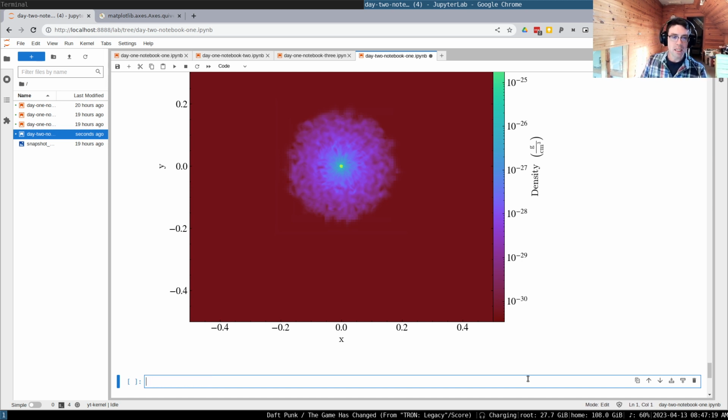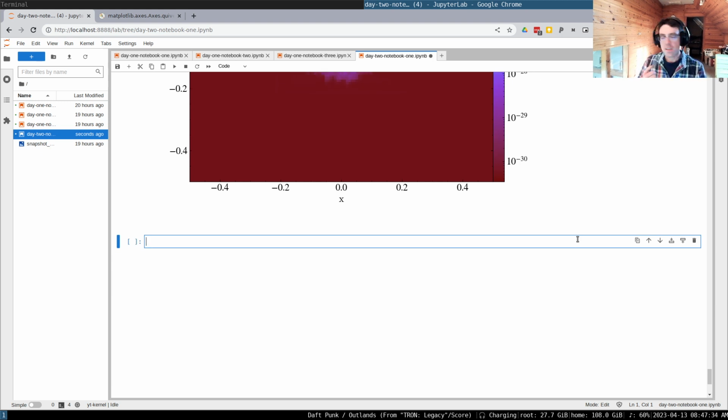So let's talk about how we can link some information here. Let's take a look at what we had talked about yesterday, which was how to get the full data set. So we talked about data selectors in terms of spheres, disks, regions, and so on. There's also a special case, which is the all data object. That gives you every piece of data in the simulation that is not covered by something that is higher resolution. So for particle data sets, that just means all of the particles. For grid-based data sets where you may have overlapping grids, the higher resolution grids are considered to be, oh, excuse me,